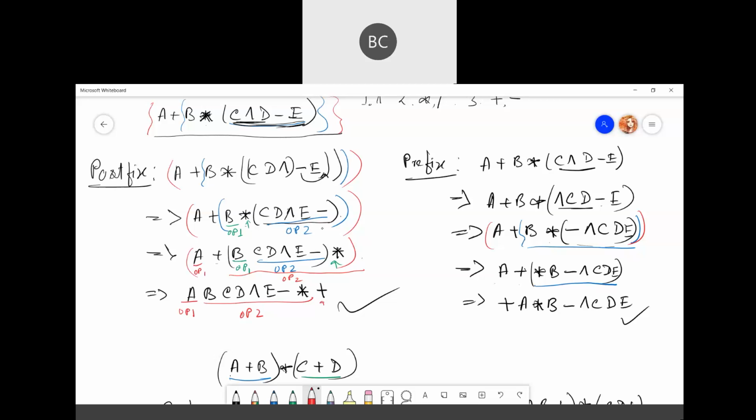Okay, so whatever expression you get, just remember it will always be in the form operand, operator, and another operand. So whatever big expression you get, you have to make sure you can divide it into two operands, operand 1 and operand 2. Then there will be one operator.